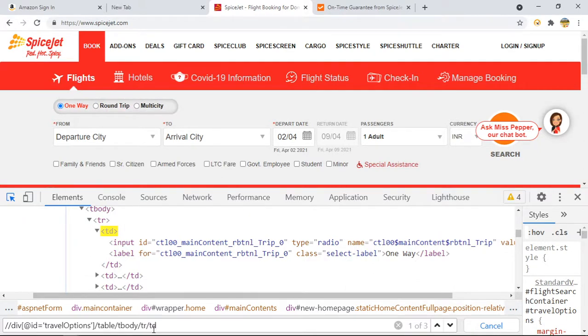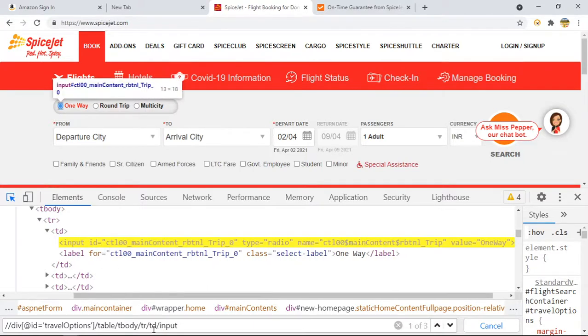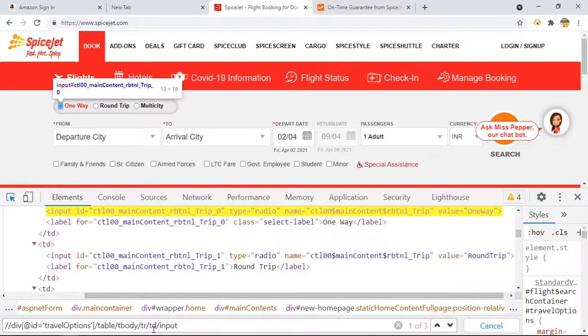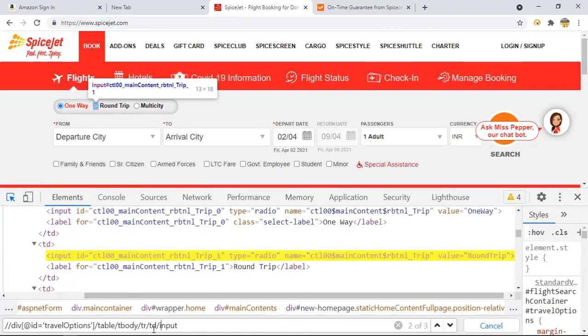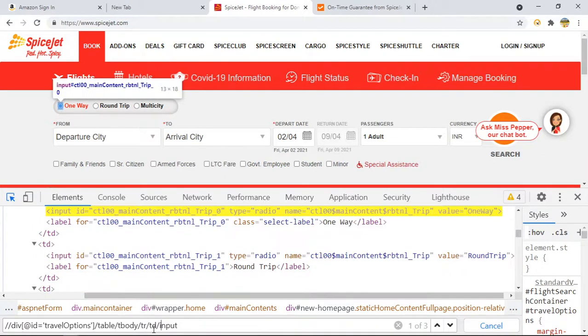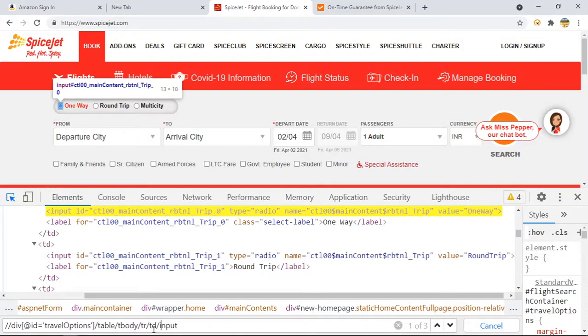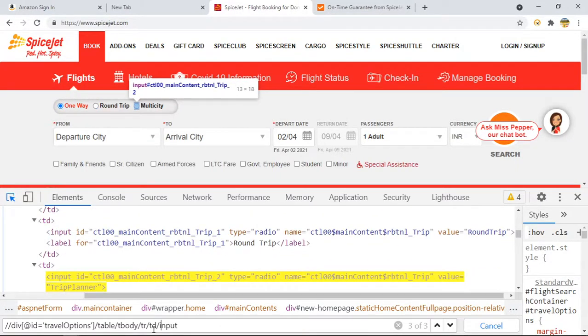And if I say input one more time, sorry, input. Now how many are we getting? 1, 2, 3. Total 3, right? So I think they have repeated this code at some other place. But now, because I am able to see only 3, that's why I have written the XPath. So 3 text boxes are matching, right?